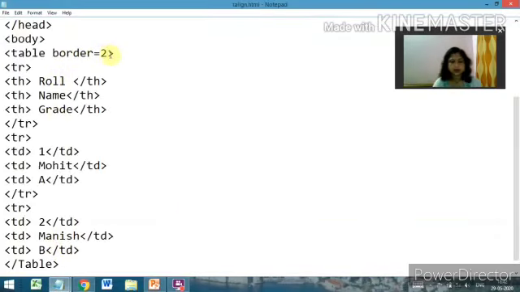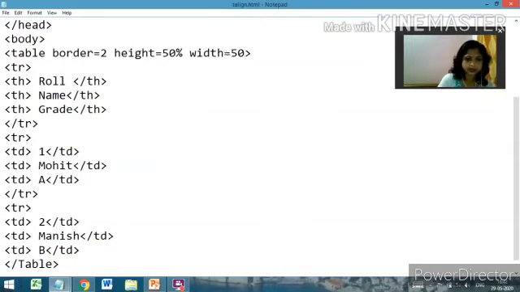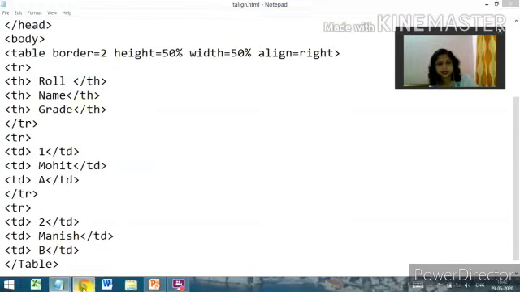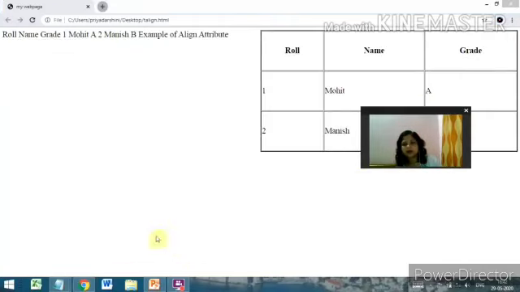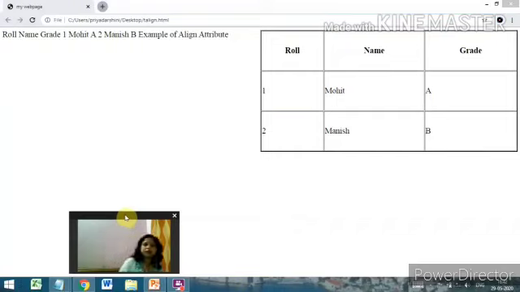Here I will use. So I am making it a little bit big table so that it will be visible to you. You know these attributes, height and width of your table, to increase the size of the table. Now here I will use align is equal to right. Now see, because default alignment is your left alignment. Now see, the table moves to the right side of the window. That means if you will not write any alignment, then the table will be left aligned. But we have now written align is equal to right, so the table moves to the right side.